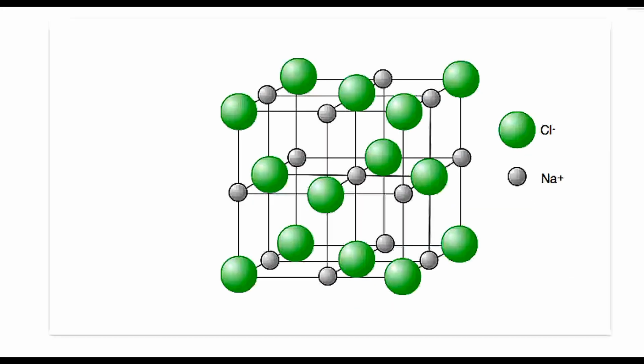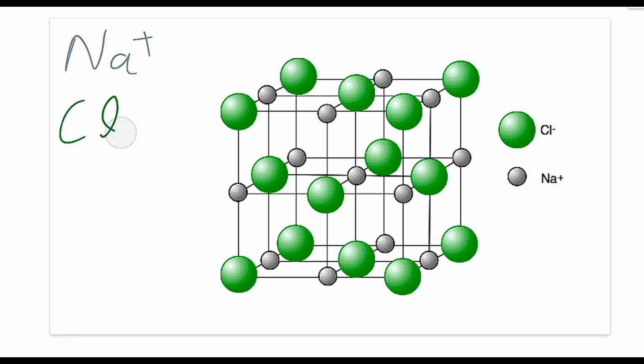First of all, let us understand the structure of sodium chloride. It's a quick overview. We don't need to understand it in depth because that is not required in this question. So here we have sodium ions, which are in gray color. These are sodium ions, while the chloride ions are in green color. You can see the bigger atoms are chloride ions, and the smaller gray atoms are the